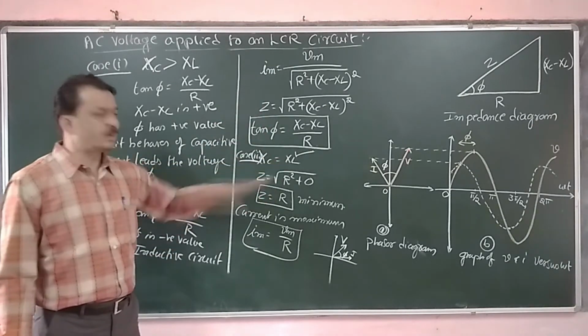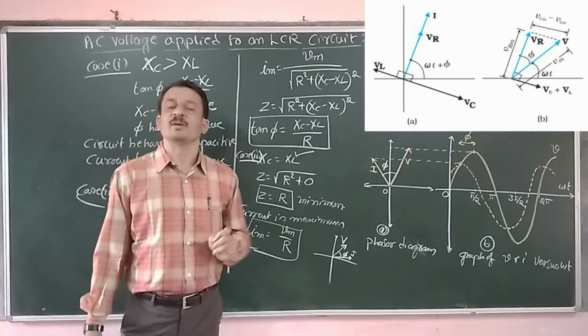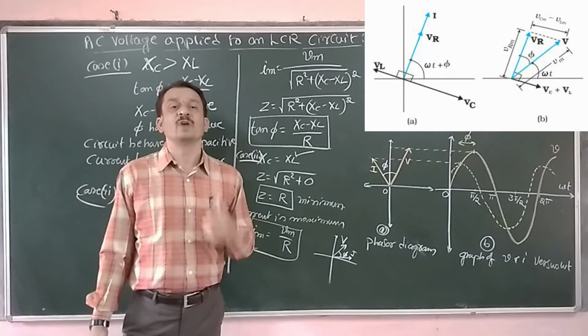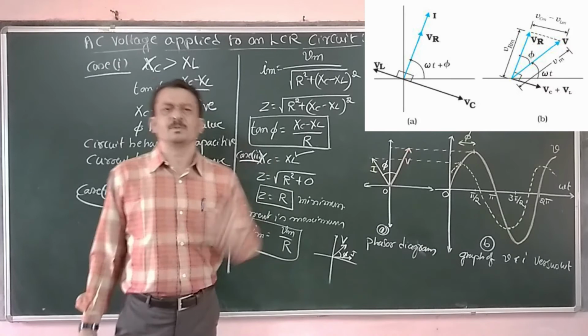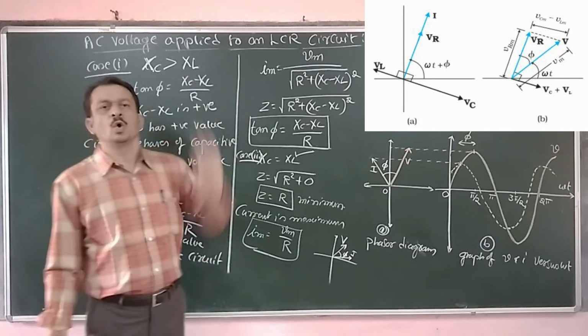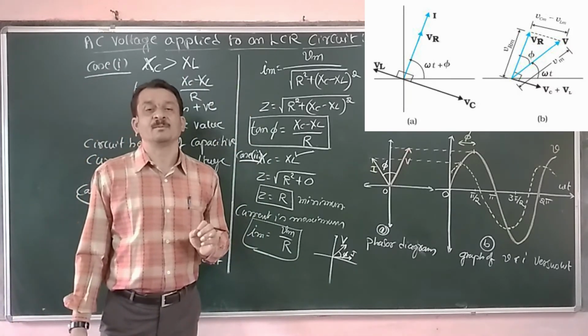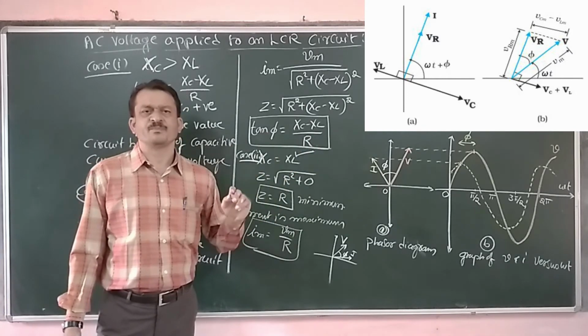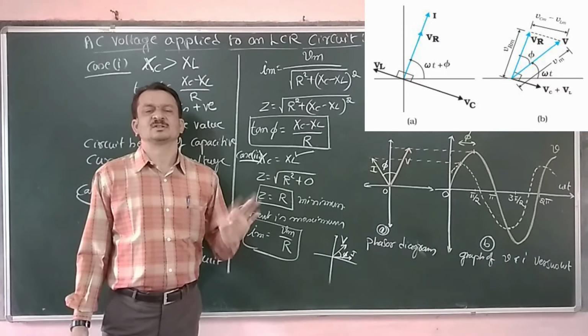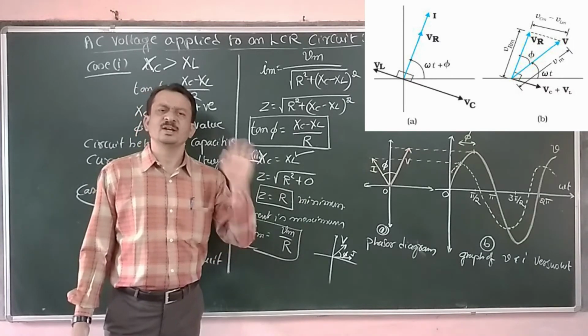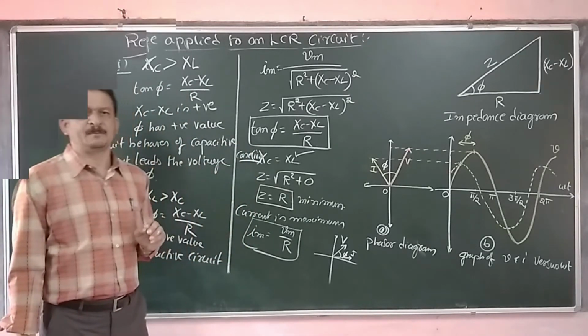Since we have so many diagrams for this 5 marks question, which diagram do we have to write from the examination point of view? From the examination point of view, we have to write only the phasor diagram that we have written in the previous A and B. The voltage phasor diagram only is essential.